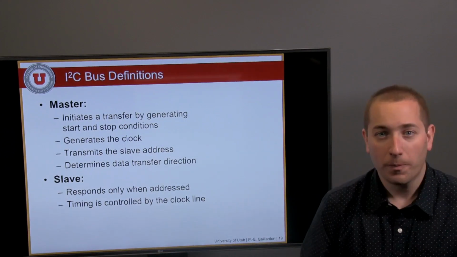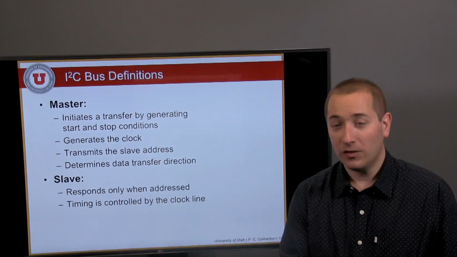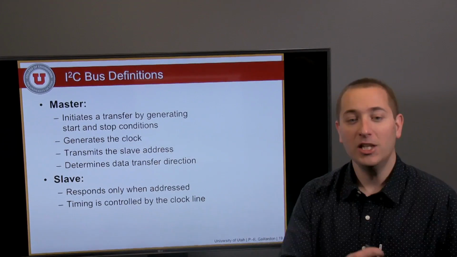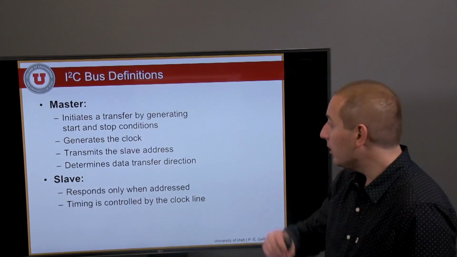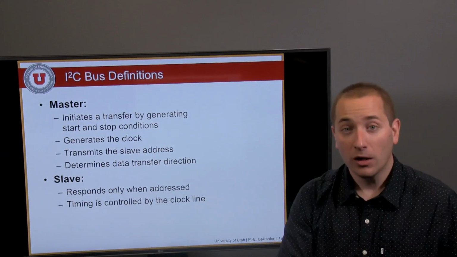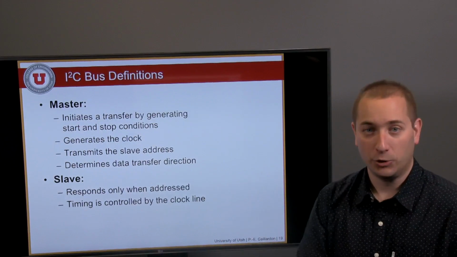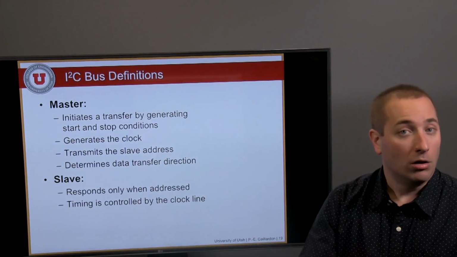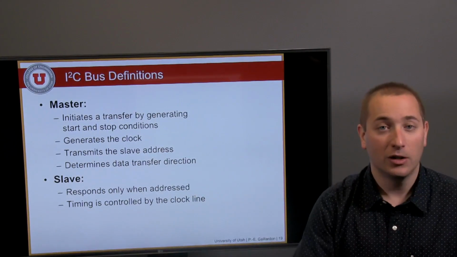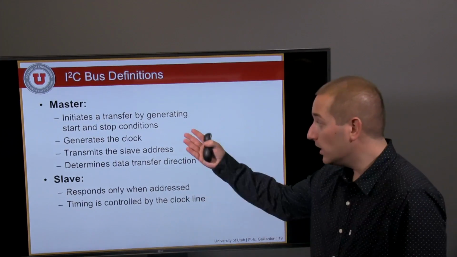An I2C bus will have two types of devices on it: master devices and slave devices. Master devices are capable of initiating a transfer by generating the start and stop conditions. It will take care of generating the clock, transmit the slave address, and determine the direction of your data transfer. The slave, however, will only listen to the bus and will respond only when addressed, which means when the master